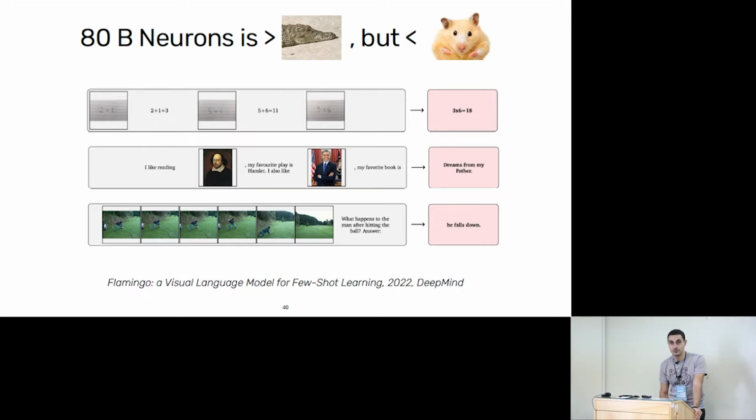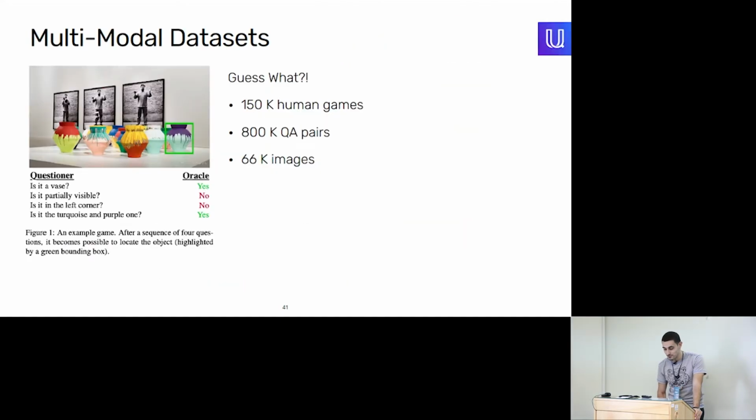This Flamingo network by DeepMind has 80 billion neurons, which seems to be a little bit more than the crocodile brain. I don't know why they call it Flamingo, but a crocodile brain is tinier than the hamster brain. This already gives the network the ability to do inference on sequences of images, non-interleaved, and even some form of basic reasoning on the mathematical subject. So you would show it a printed example of a math query, and it will give you the answer, pre-calculated.